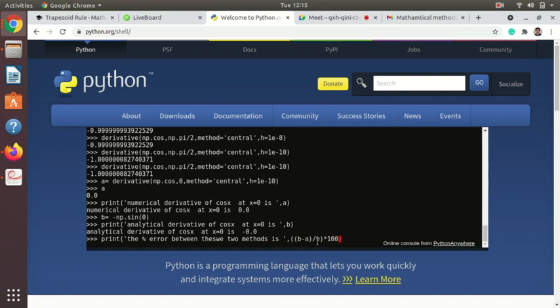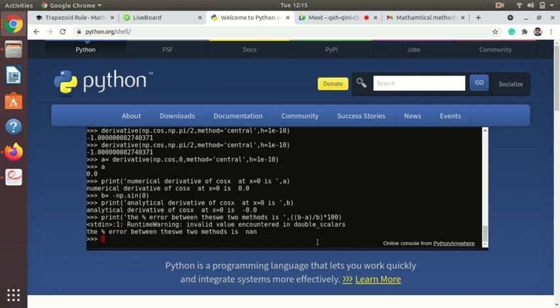Okay, so let's see what it will print. The percentage error between these two, okay, there is spelling mistake. These two methods is, okay, it is NaN means 0. Okay, because there is no error in whatever I have printed. Okay, you may get this, or if you have some error, if you find out for sine, you will get some error in 10 raised to minus 6 or minus 8. It will also depend on the value of h you used.